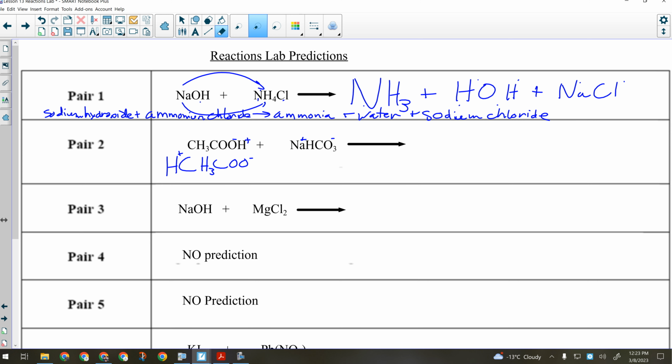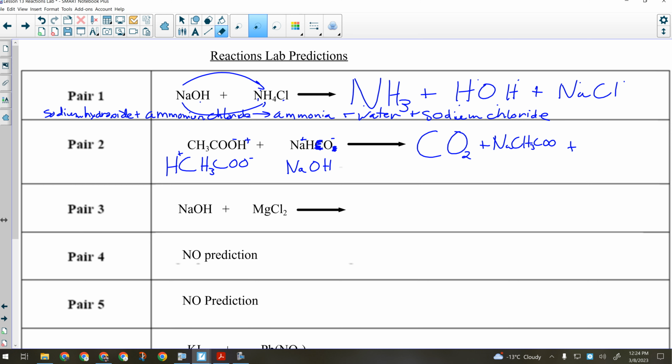And I told you that because it bubbled and fizzed, the gas that was released was carbon dioxide. The carbon came from here, as did the 2 oxygens. So what was really left was a reaction between these 2 things. And now we could do a regular double replacement reaction where we predict the products. Hydrogen and sodium will switch places. Okay, so we'll have sodium acetate,